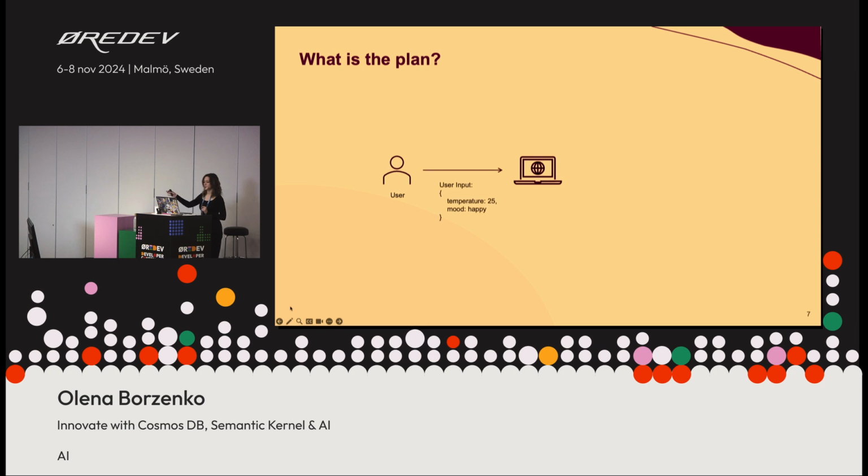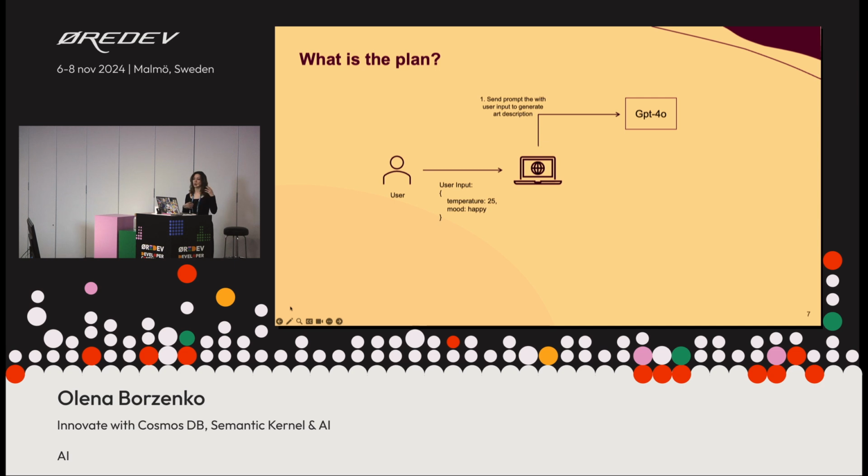So I'm sending the request with some data, with some user input. Can be random, can be temperature 25 degrees, can be mood set and color scheme blue, for example. I can say I want to see shapes, circles, squares, doesn't really matter. Taking this input, I'm going to go to an LLM. So I'm going to have an AI project. I'm going to deploy a few models there. I'm going to go to GPT-4, wrapping this data in a custom prompt.